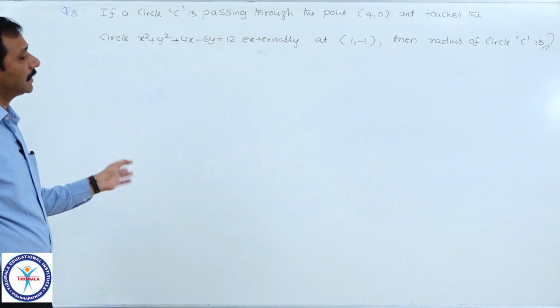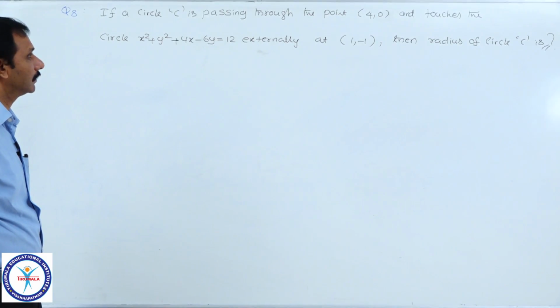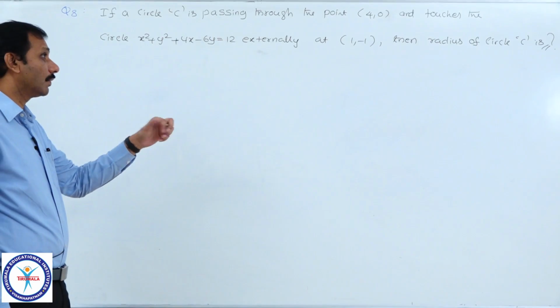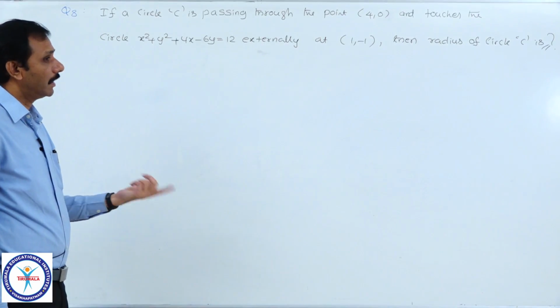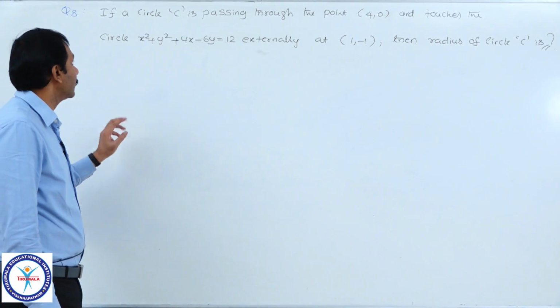In the previous problem also the circle was touching externally, and of course normals to the first required circle were given, we found the center and radius, and we found the equation of the circle. Here, what is given, you see?